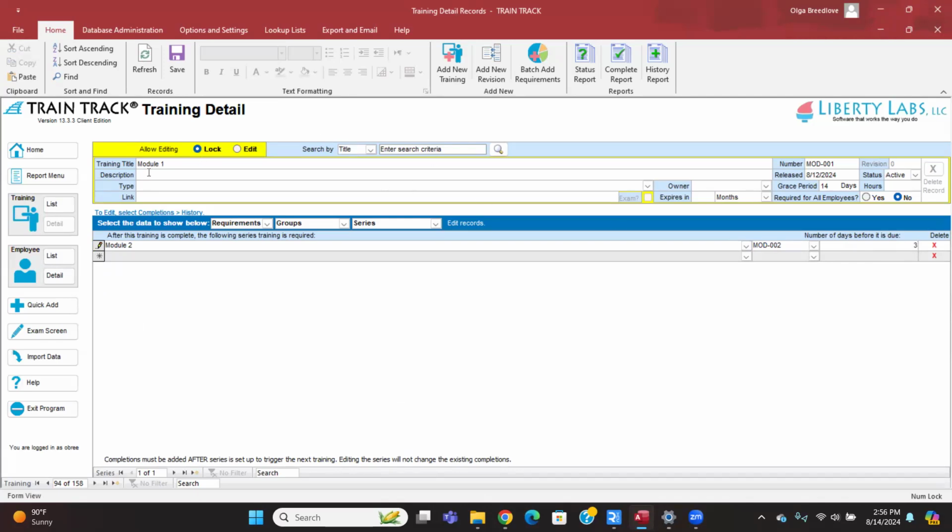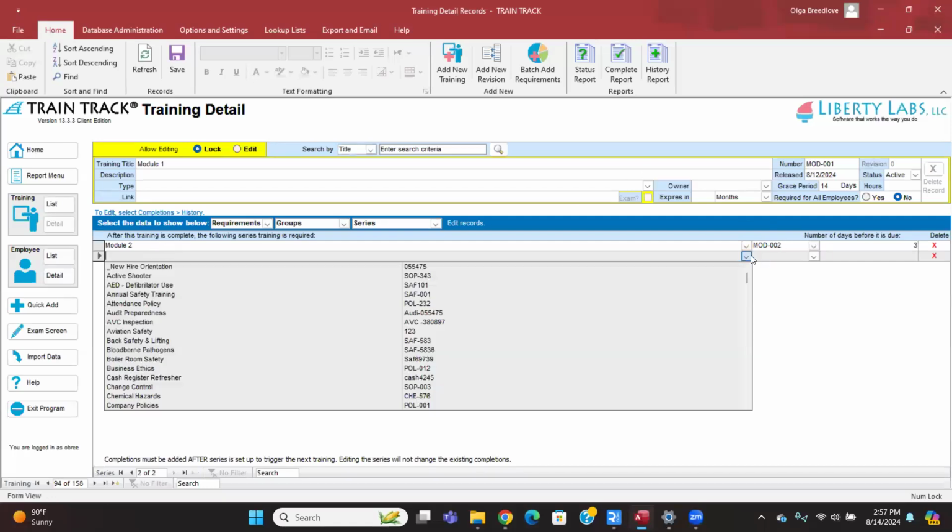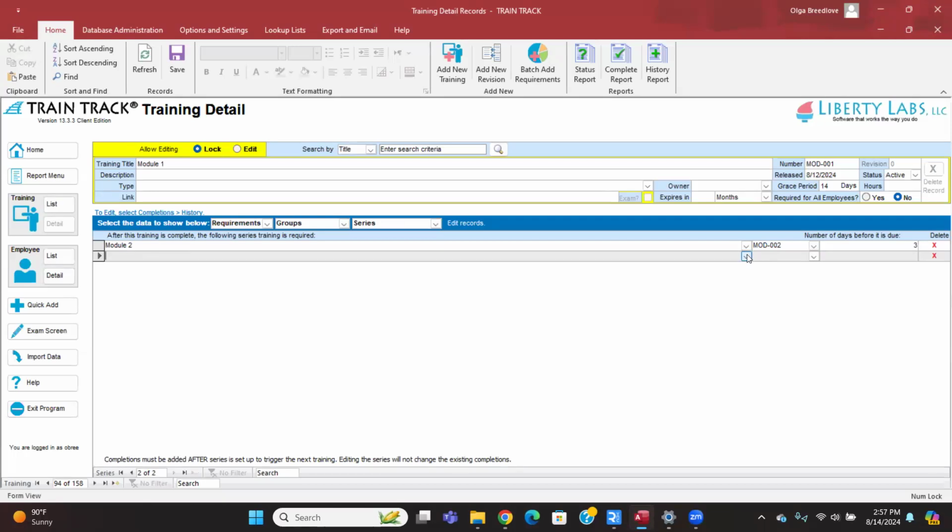So what this means is everyone that's required to complete module 1, as soon as they complete it, 3 days after that's completed, module 2 will be required. You can also have several be required after module number 1 if you want module 2 and then a different training to be required. Or if you want to set up a third in the series, you can double click